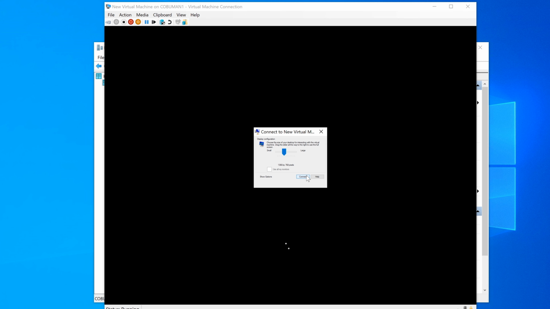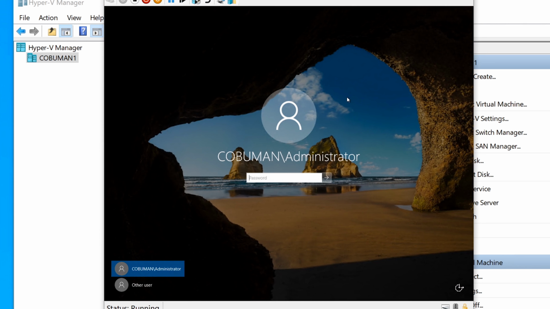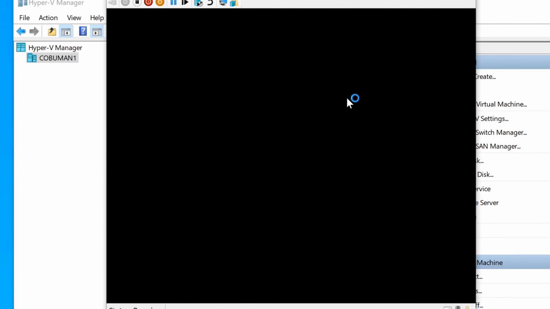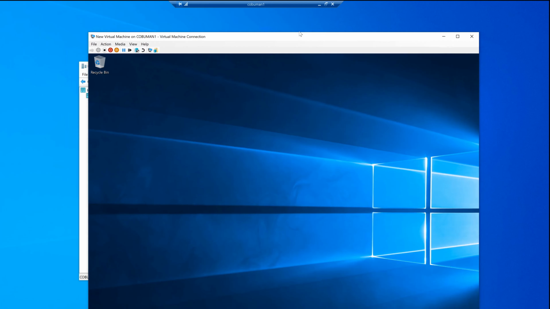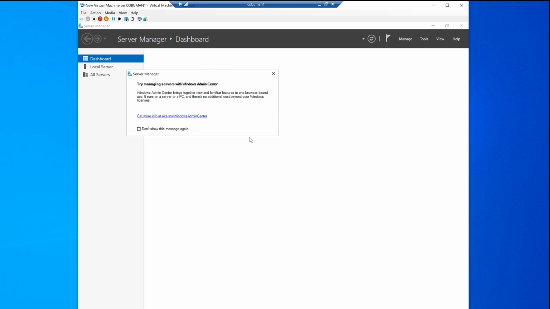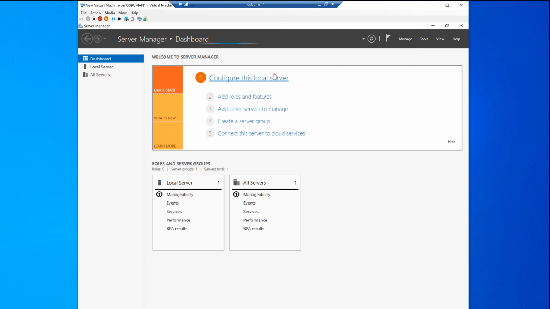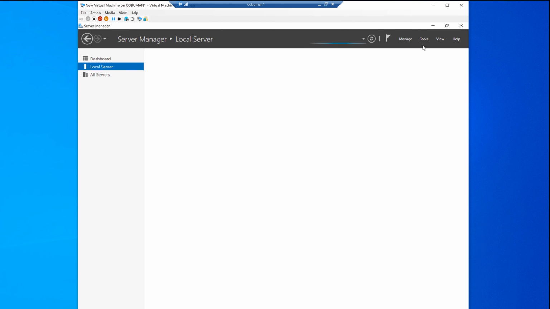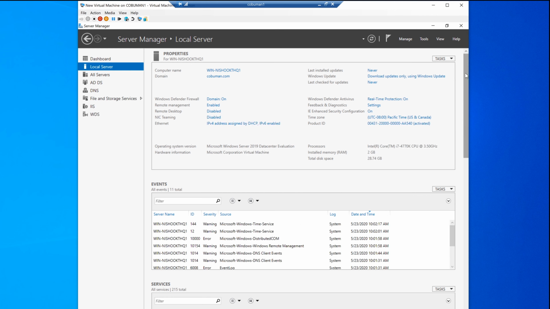This is either Windows 10 or Windows Server 2019. Either should work. Connect. And it asks, let me log into this, if I can remember my password. But you can see it's just a Windows operating system. And this is Windows Server 2019. Well, you can see this one is actually really responsive, which is good,